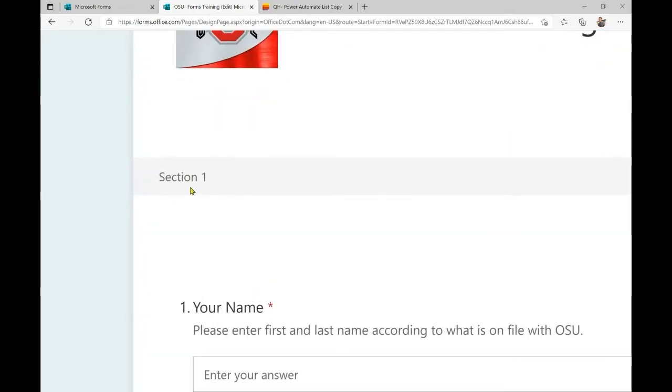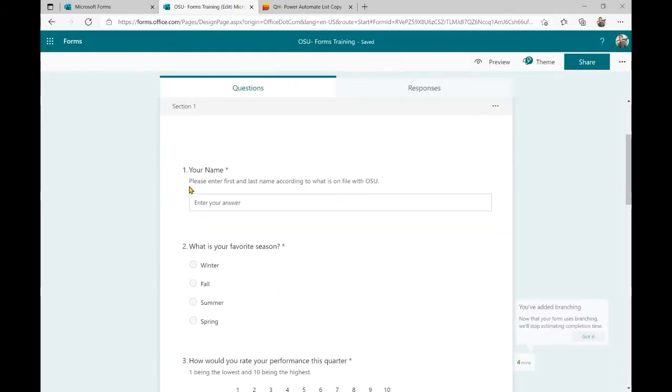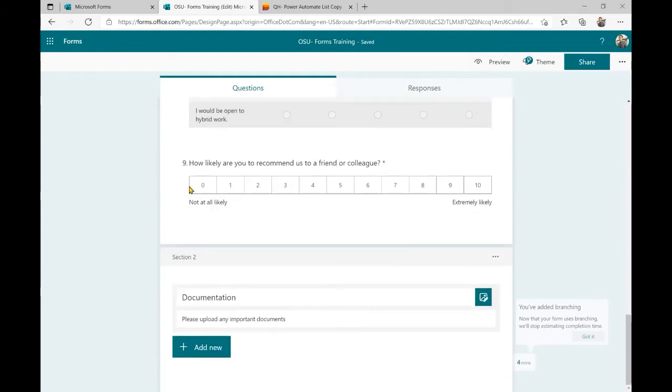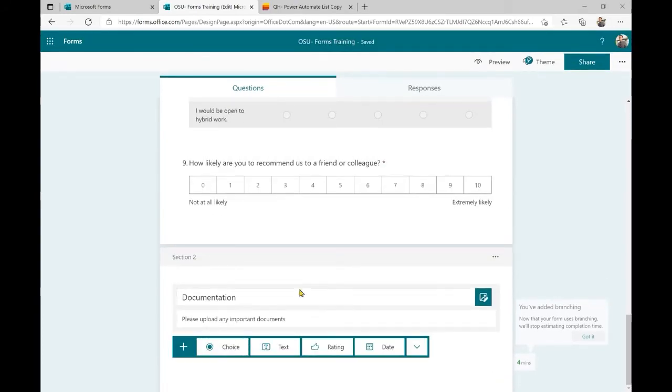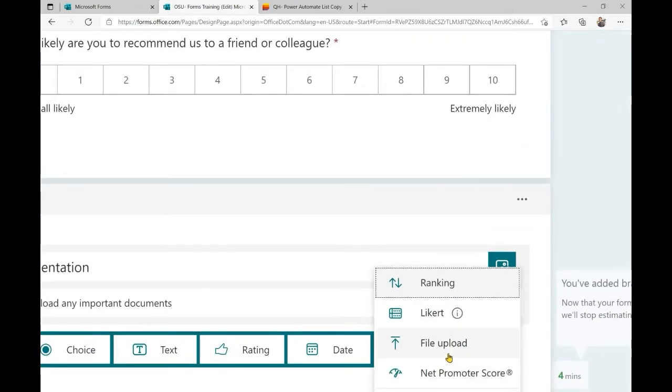Now we've got this other label that says section 1. That is essentially like page 1. And then this is page 2. And now we can add new questions. So for the person who is asking about an attachment, you can select file upload.